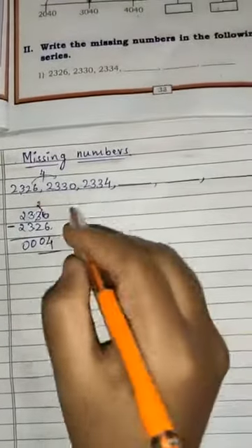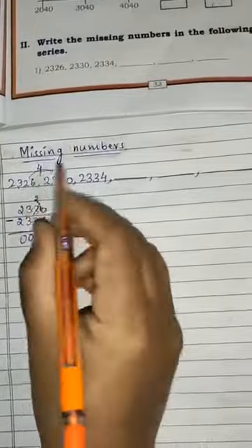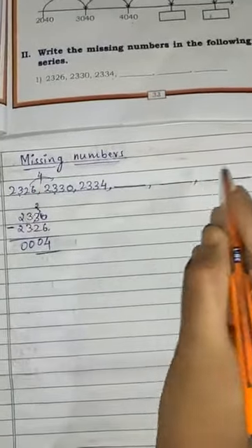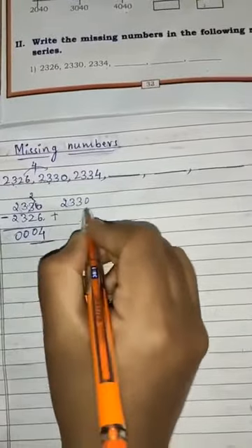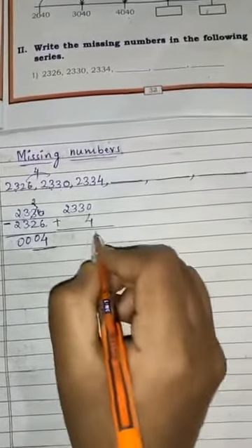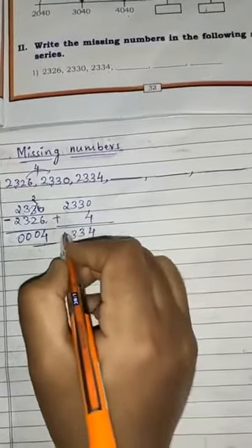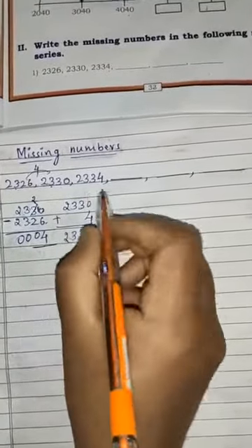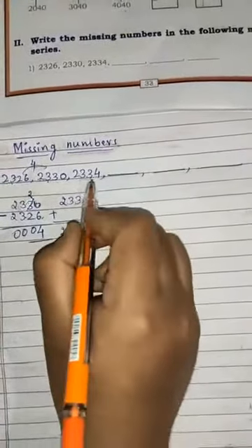Yes. Okay. Now what do I have to do? Yes, I have to keep adding this 4 to each number every time. So this 2330 plus 4. 0 plus 4 is 4. The 3 will come down the same. This 3 will come down, next this 2. So 2334, which is there already here, right? Next again we have to add 4 to this number.